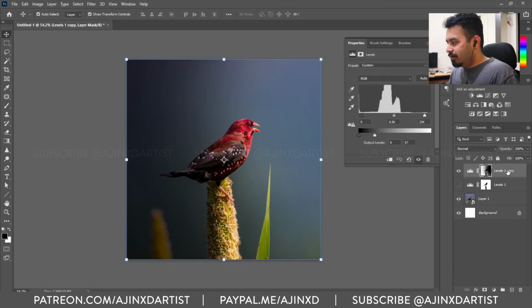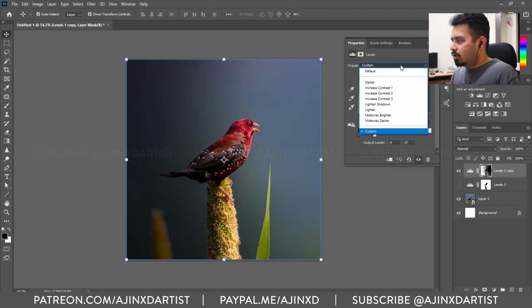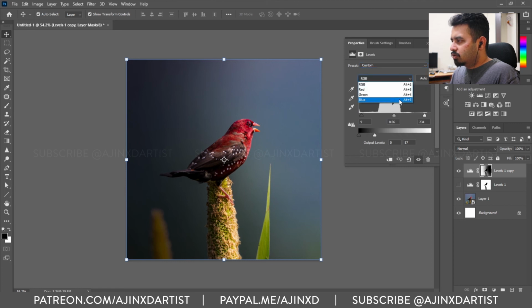Another tip that I would give you is not just keeping the levels at black, go into custom RGBs. In this case we have a bluish background, so if you go into the blue channel and play with your shadows, you can add a bluish tint to the shadows.